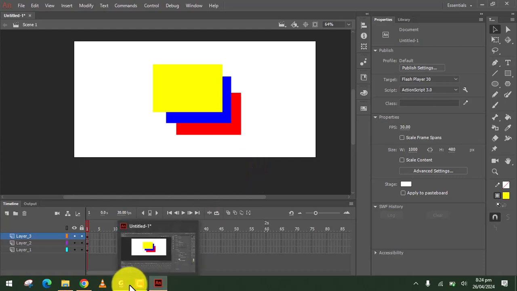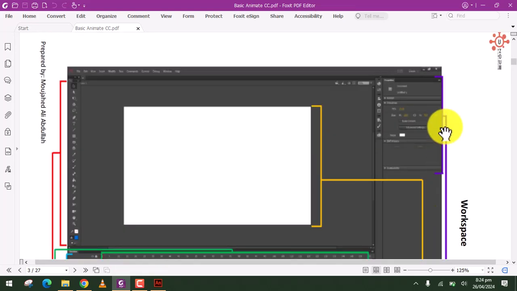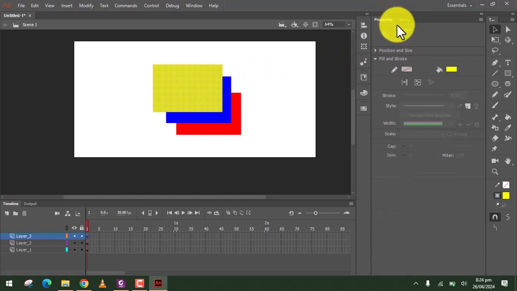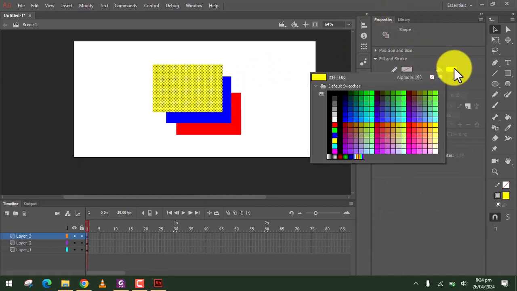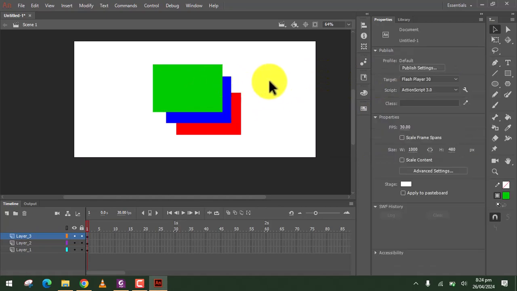Okay, and then we have the properties panel, which is the purple one here. For the properties, if I click this one, it will change the properties to like this. You can change the color if you want to change the color of your layer. If you click the stage, it will give you the stage properties, like this: the size, height.